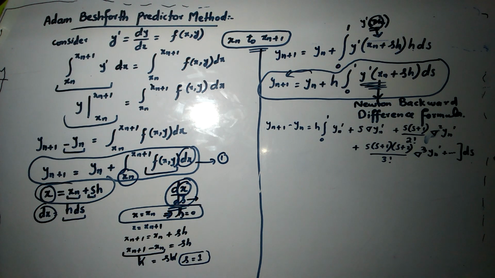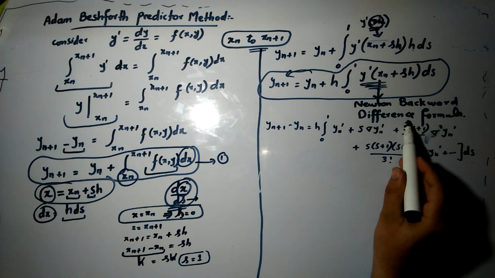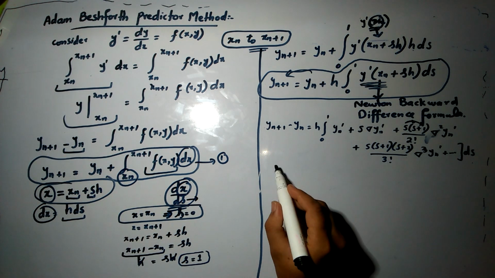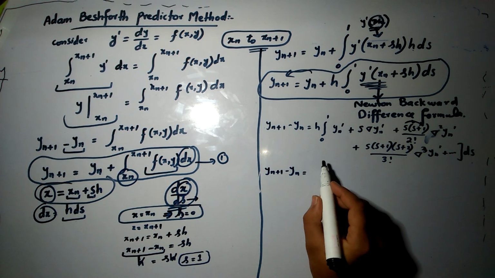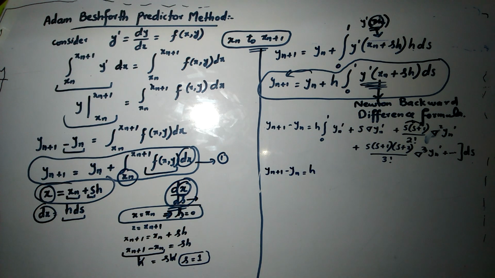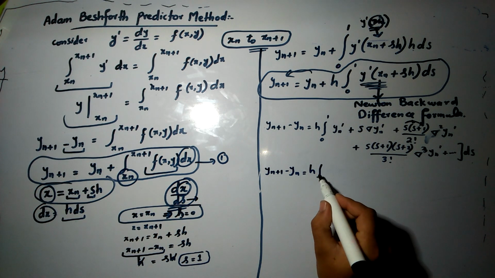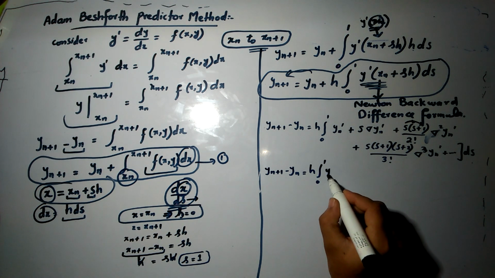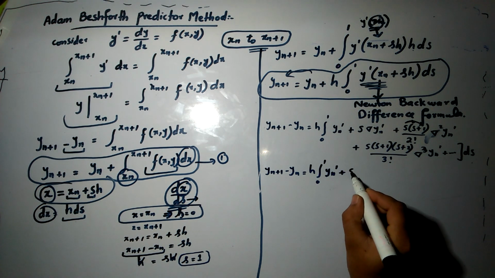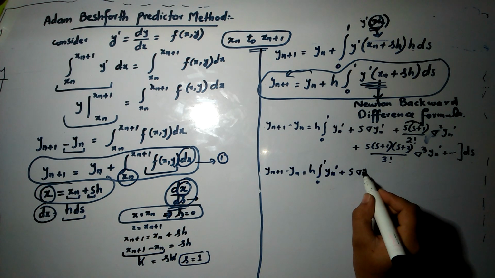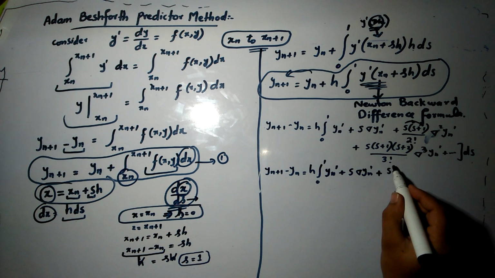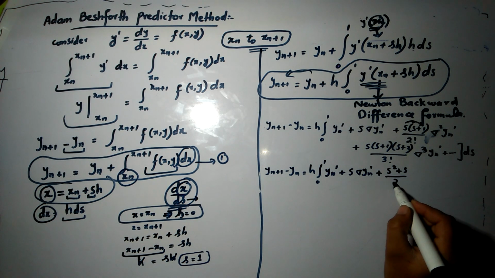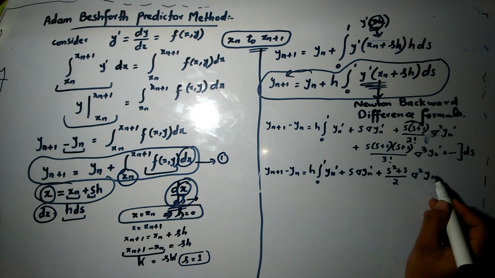So further simply we will open the brackets and multiply these values, and after simplification y_{n+1} minus y_n is equal to h times the integral from 0 to 1 of (y_n' + s delta y_n', this operator is for backward difference, so after multiplying this will be plus (s square plus s) over 2 delta square y_n'